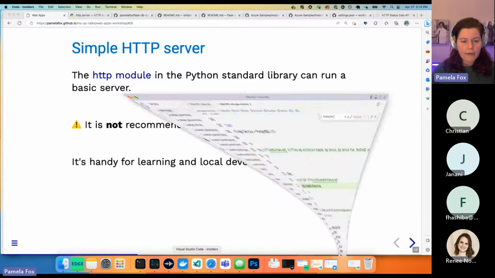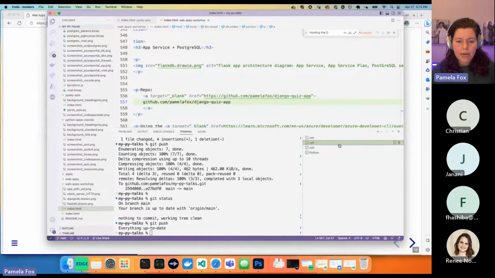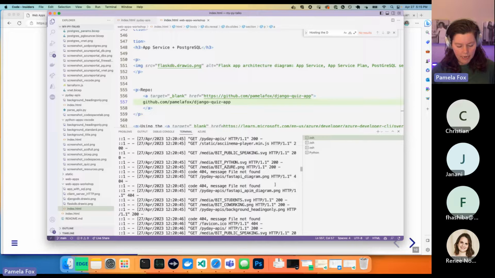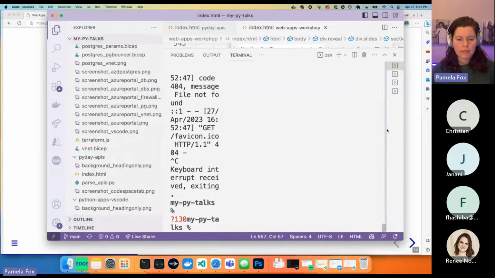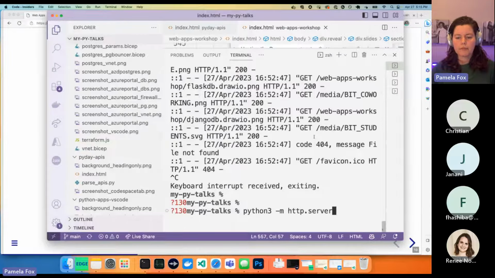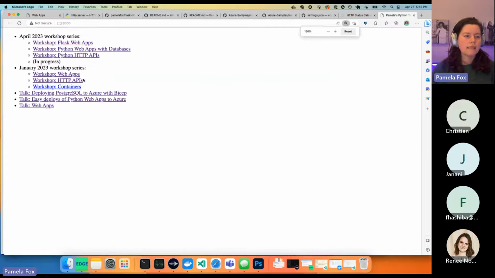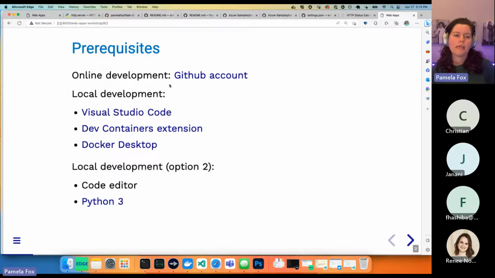So I'm actually using it right now for my slides. My slides are actually an HTML page. And so I am running a server using this module. I say python -m http.server, and when you run that command, the default action is to serve a static file server from the current folder. And then I can go and open that in the browser and see all the slides that I'm working on. Then I make changes and I can reload and see what I'm working on.